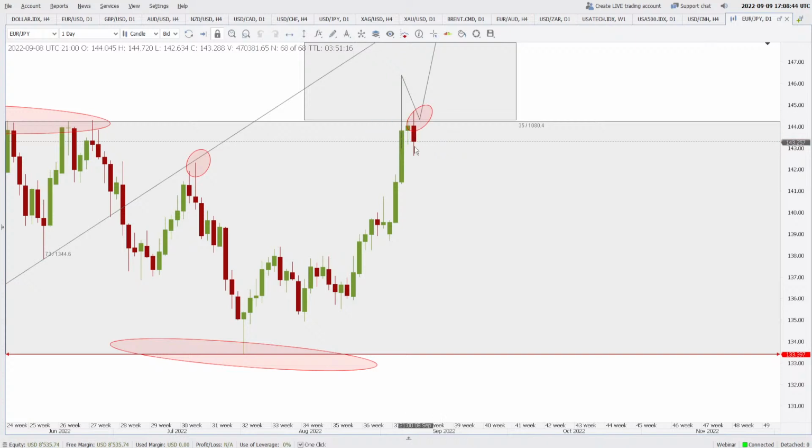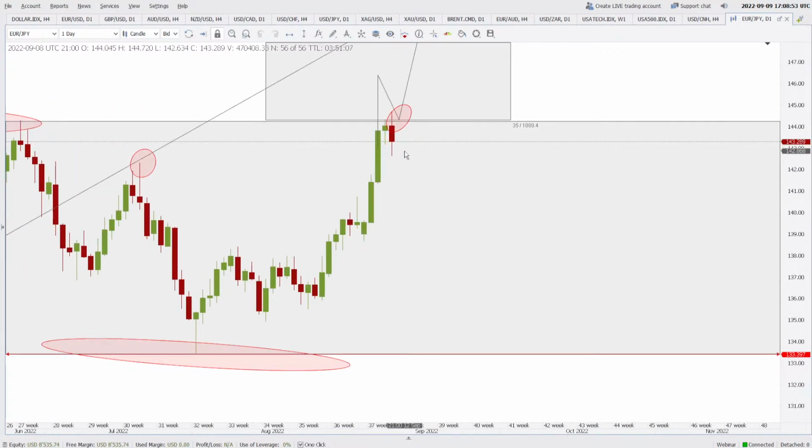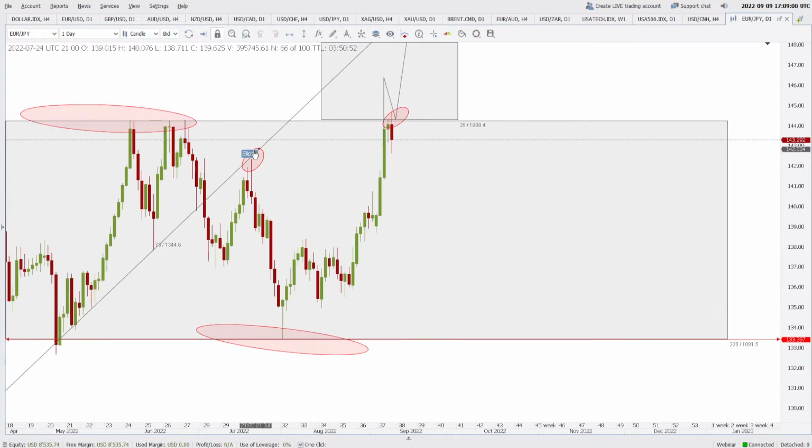This is of course a bearish engulfing, but it has a high which is higher than the previous highs, and a low which is lower than yesterday's candle. So I think we should give it time to unfold itself, and let us see if we see a close below the low tomorrow or above the high tomorrow. If it closes higher than this, so this area around 144.31, I think that will be a good opportunity to go